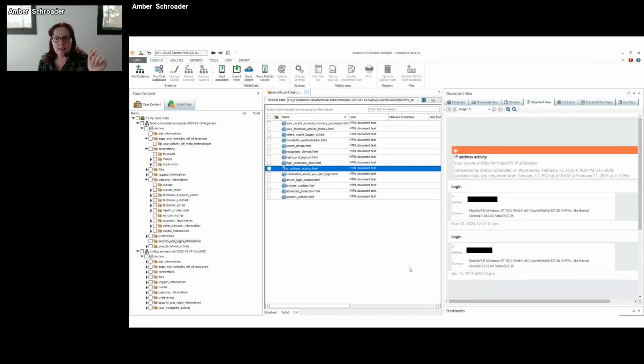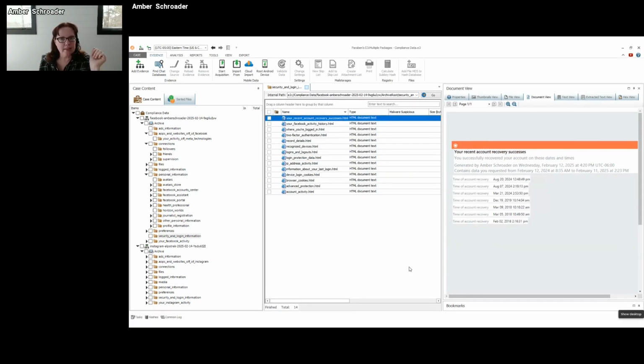You might also see information such as the address activity. And when I say the address activity, it is actually tracking within your compliance data, which you don't get out of the app data when you acquire the phone locally or when you acquire it from the cloud, is you get all the IP address information associated with the activities and interactions on this social media platform. Typically, most social media platforms carry this information. Why wouldn't we want the IP address? Of course we would, right?